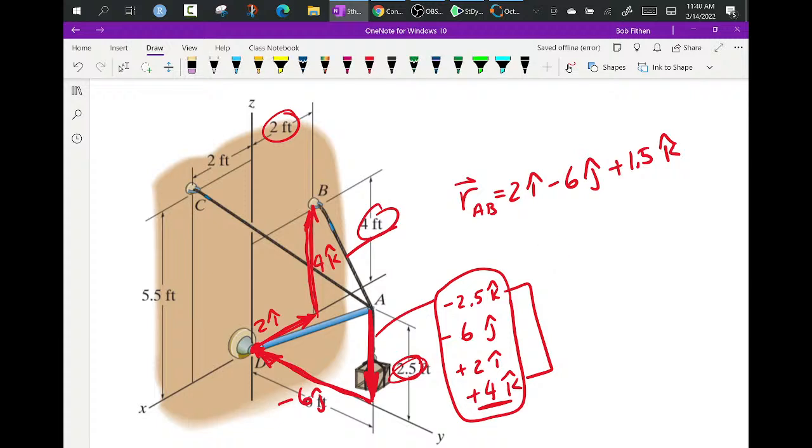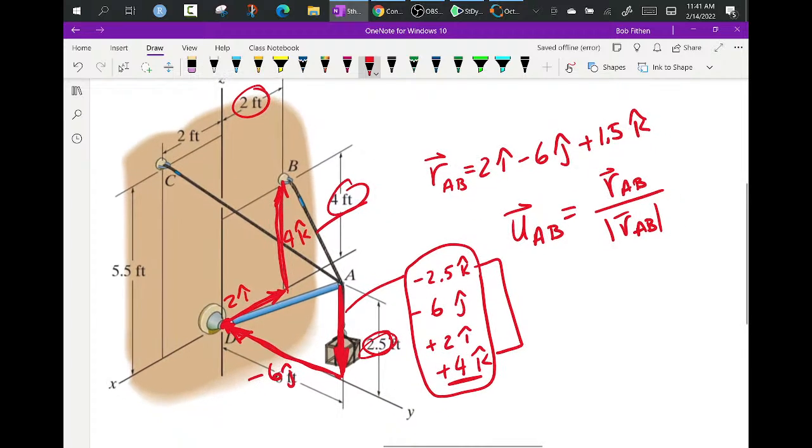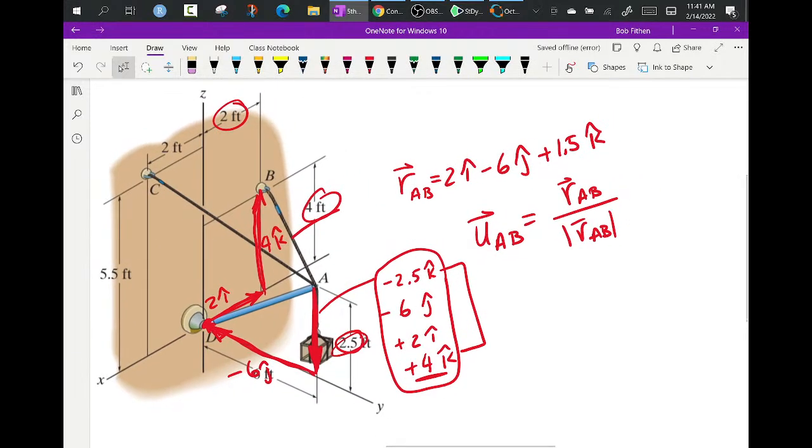Well, why would I write it again? So here I'm going to find the unit vector from A to B as being RAB over the length of RAB. And so, oh, I'm not supposed to do the next question. Oh, no. Yeah, because I got 9 more minutes. You know what? I won't be able to finish this, but I can keep going and then just pick it right back up